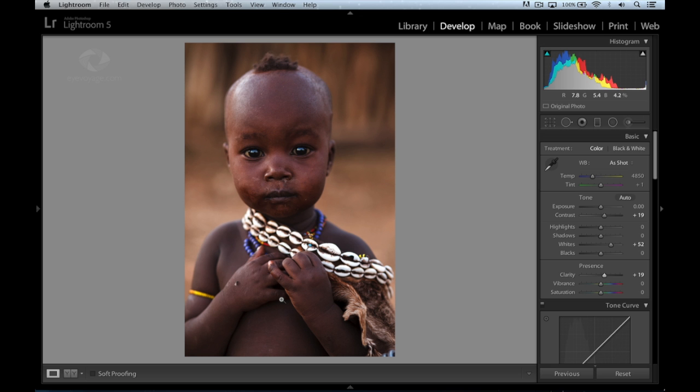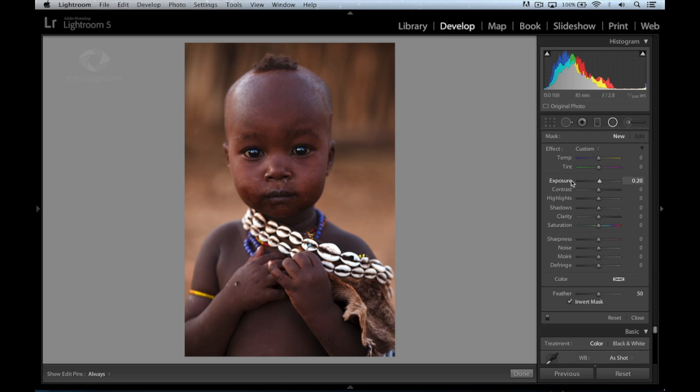So I'm going to undo the effect, and I'm going to enter the radial filter again. I'm just going to reset it. I'm going to draw an oval right over the girl's face. I will increase the exposure slightly, just to brighten her face a little bit. I'm going to increase the clarity to the same amount that I was increasing it before. And you can see that now it's really just the face which is popping out from the rest of the frame. I'm going to hide the effect